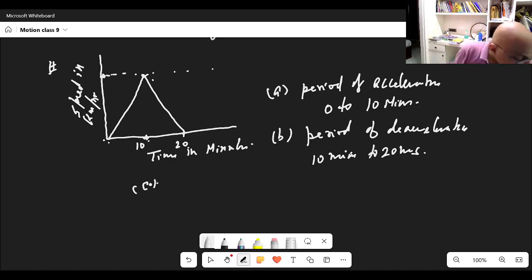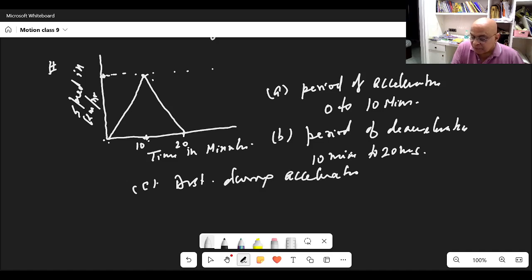C. What is the distance covered during the acceleration? From the graph we know that the area under speed and time gives the distance covered. So during the acceleration period, we have to calculate the area of this triangle only. Suppose this is O, this is A and B, so OAB, and this is C. During acceleration, the distance will be